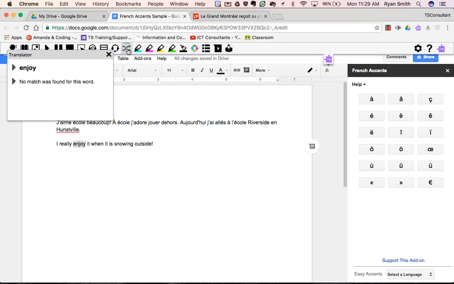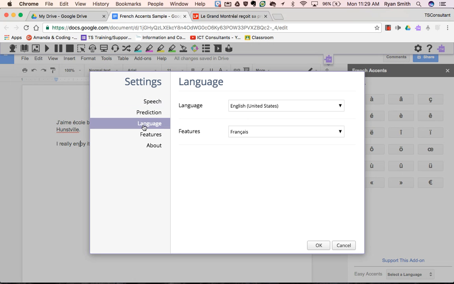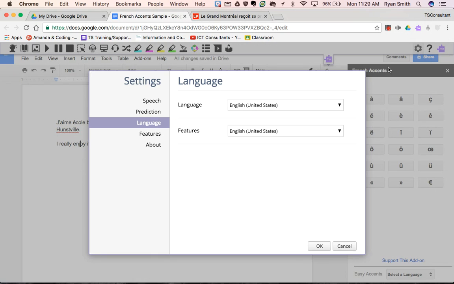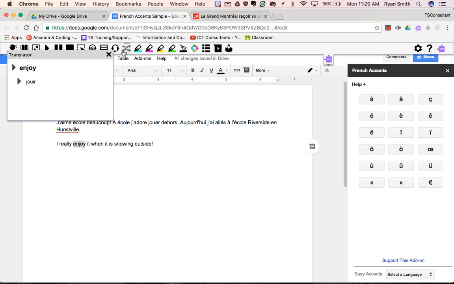I'll try again. And that is definitely not working. Just make sure that that's French, my language. Oh, there's my problem. So by default, students' languages are set. The language is set to English and the features are set to English. So now what's going to happen is when I highlight this word, I click translate, it tells me the translation